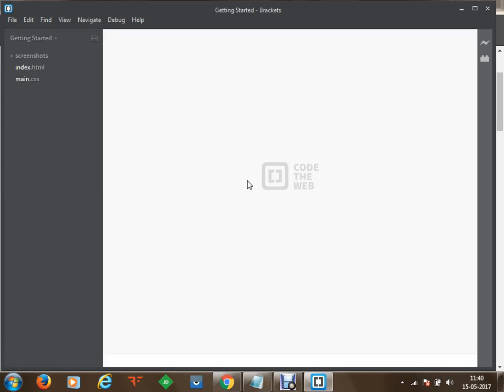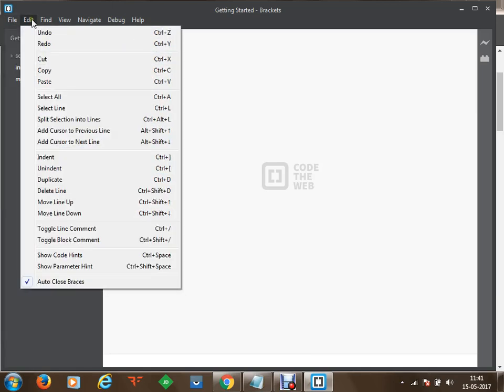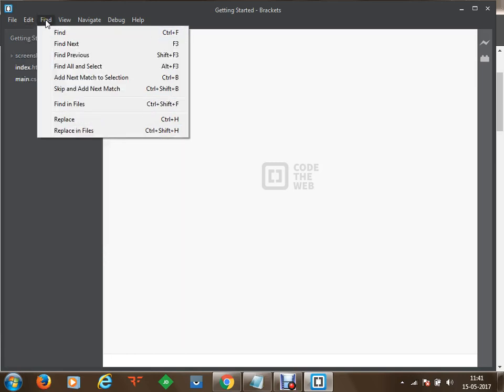Now I'm going to introduce you to Brackets. At the very top we have a menu bar using which we can access our files. We can go to live preview. This is one of the best features of Brackets, that you're going to get a live preview of whatever you are developing. Then in the edit menu, we have options to cut, copy, paste, undo, duplicate files, and move code above. In case you want to increase or decrease font size, you can use Ctrl++ and Ctrl+- to reduce it. Then you can find and replace in Brackets. If you want to find or search something, or replace something, you can do that.